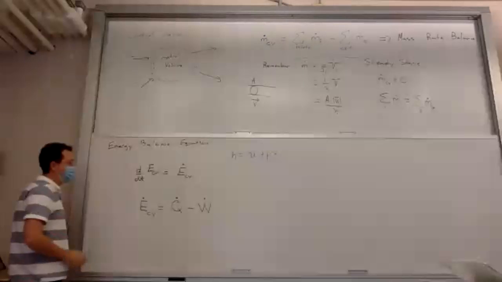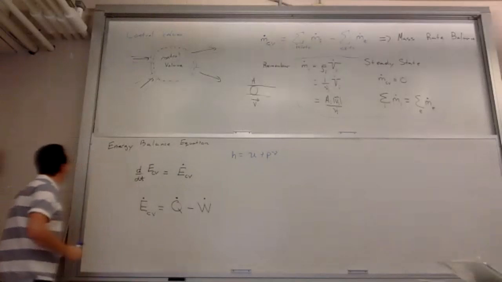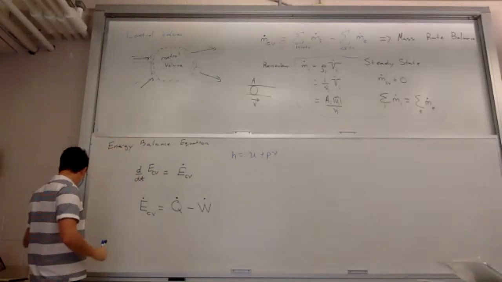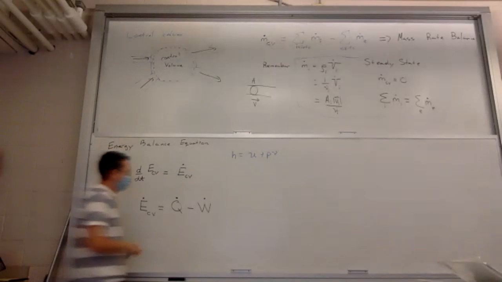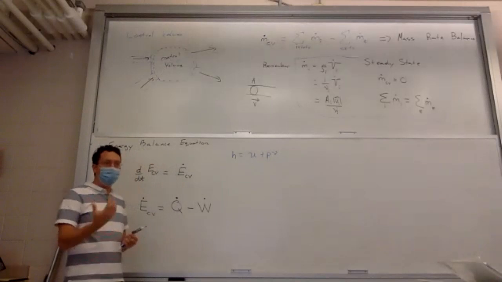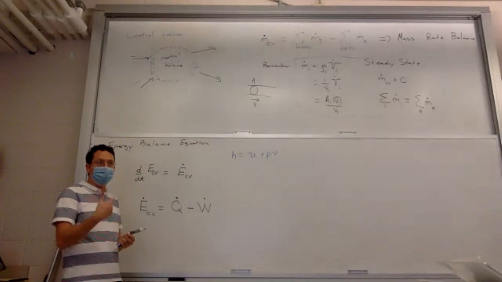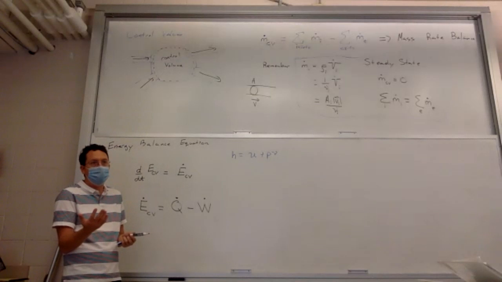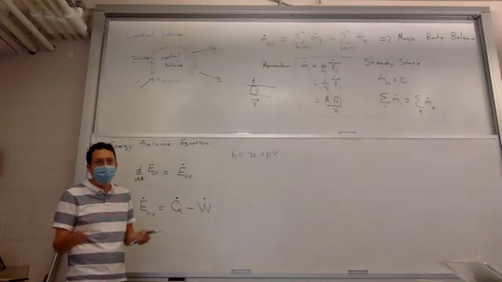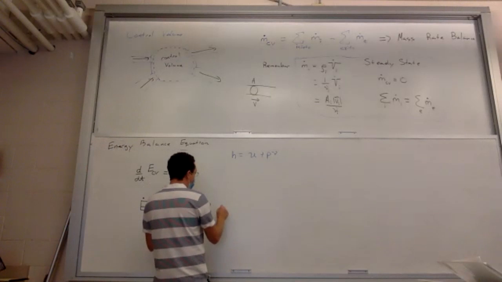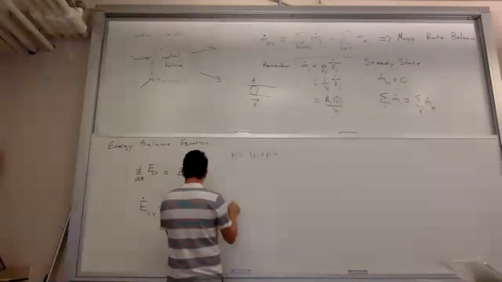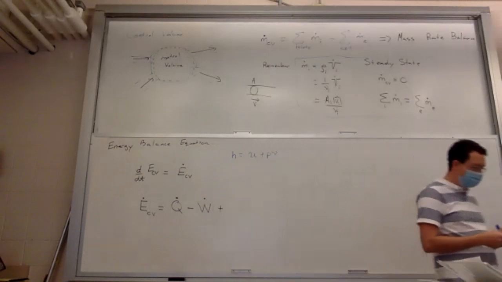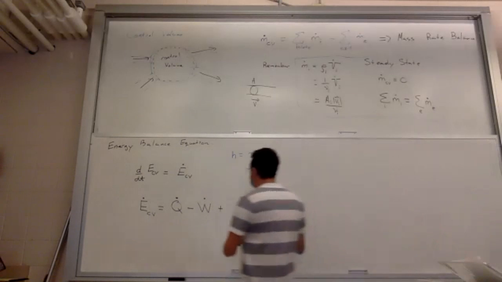So when mass goes in, how much energy does it give to the control volume? Well, it's going to give the enthalpy, so it's the internal energy plus the PV term. And then it also has potentially kinetic and potential energy. Usually it's negligible, but it could be there. So we're going to get plus,